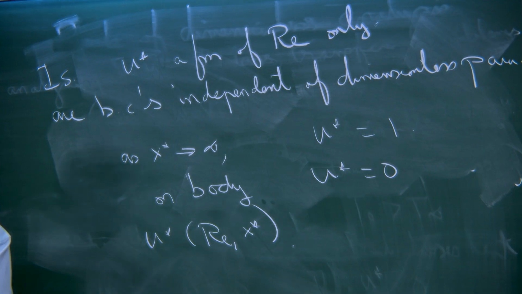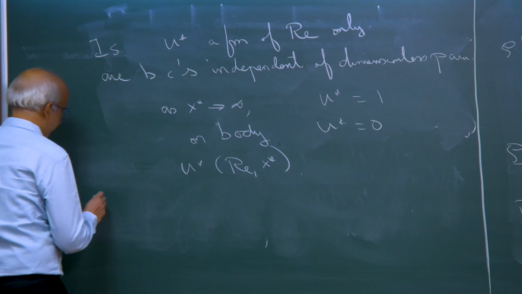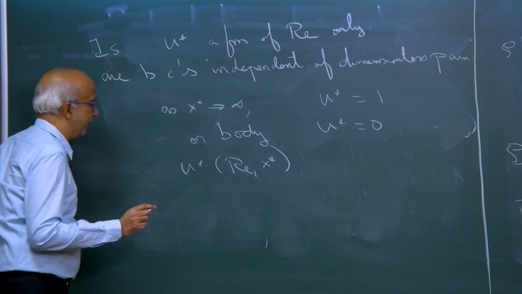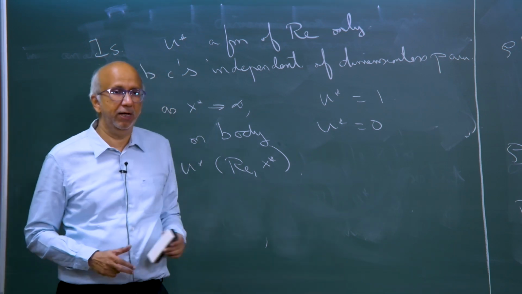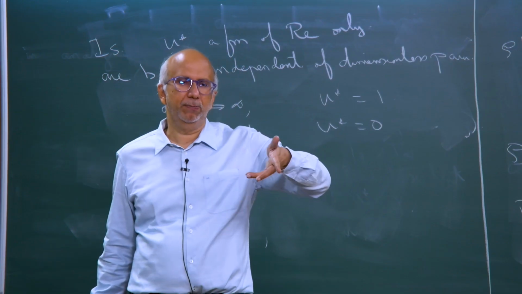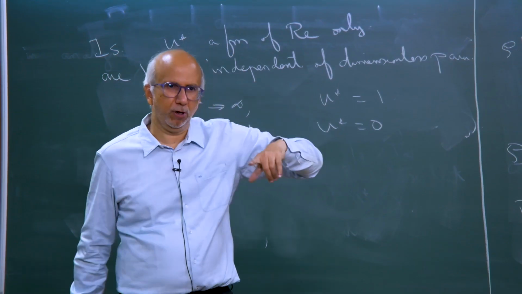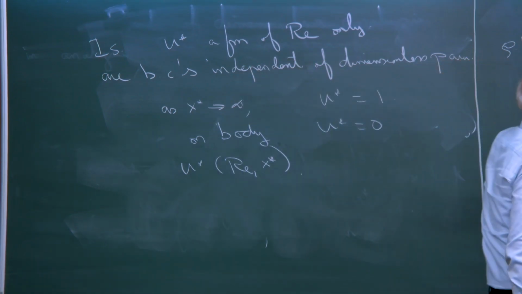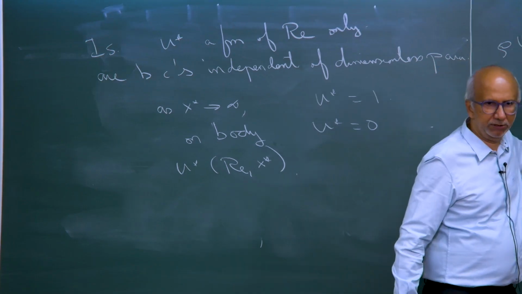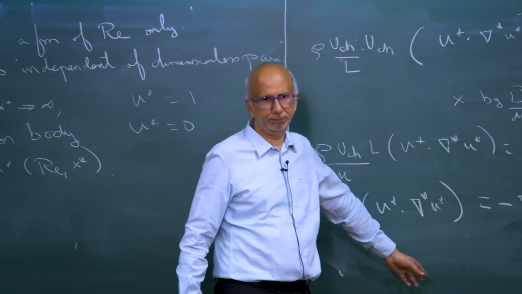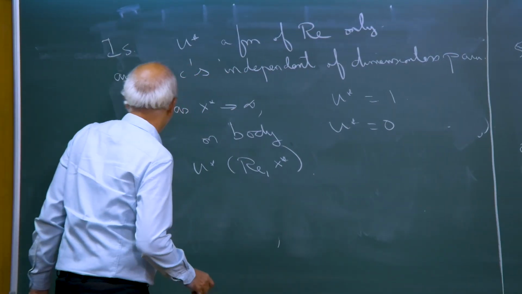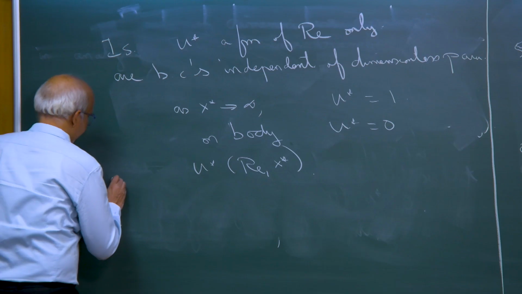For temperature, I have to look again at the energy equation. As I was telling you, I can solve for u star explicitly because I have assumed my properties are constant. If my properties are not constant, then viscosity, density, all of these will depend on temperature, and I have to solve this along with my temperature equation. So I can now solve for the velocity field, and then I look at the energy equation